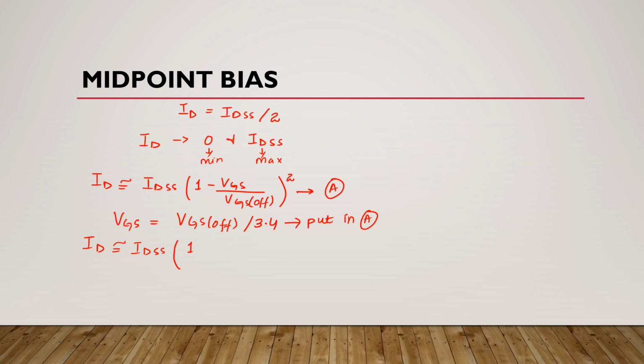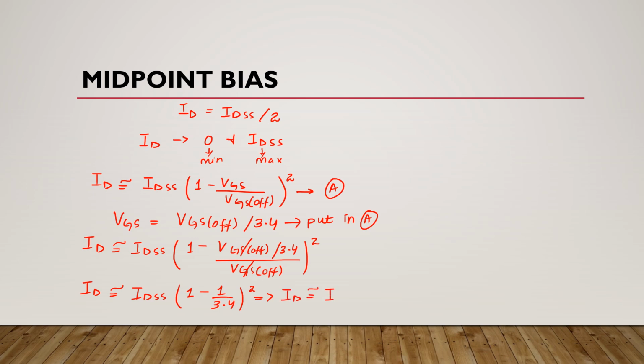IDSS times 1 minus cutoff voltage divided by 3.4, divided by cutoff voltage, whole square. Now this cutoff voltage will cancel this cutoff voltage. Now we have drain current approximately equal to IDSS times 1 minus 1 divided by 3.4, whole square, which is 1 minus 0.294 whole square, and it is approximately equal to